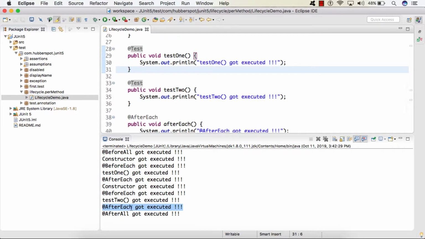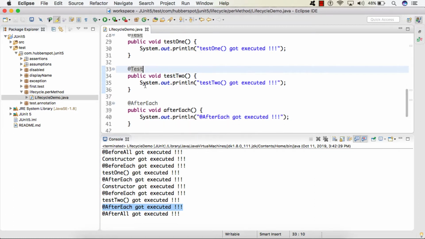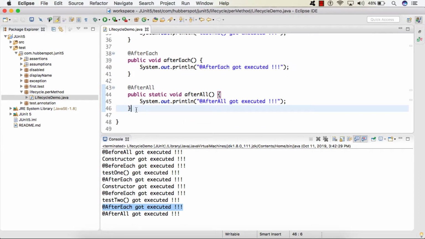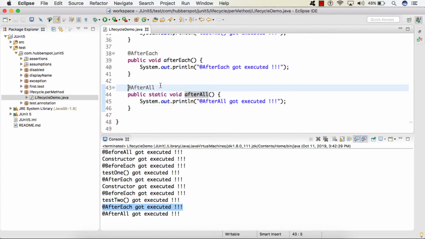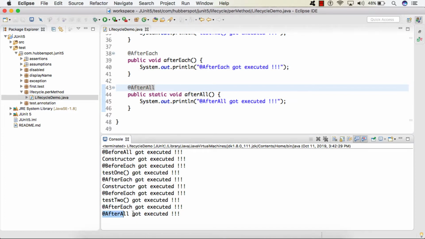Once the afterEach got executed, JUnit saw that there are no more @Test methods. Just at the very end, it saw that there is a static method with the annotation @AfterAll, so that got executed. Here we can see that beforeAll and afterAll are called only once during the test lifecycle, while beforeEach and afterEach are called multiple times depending upon the number of test cases we have.